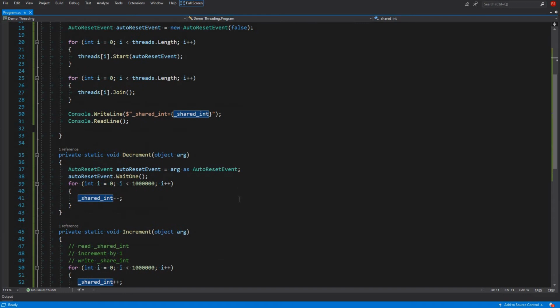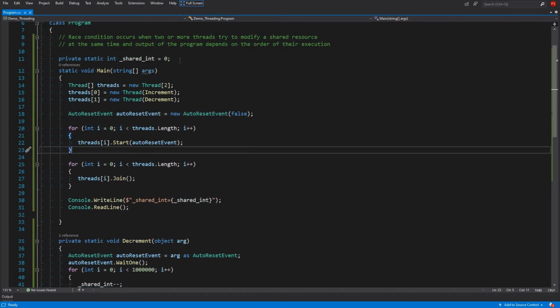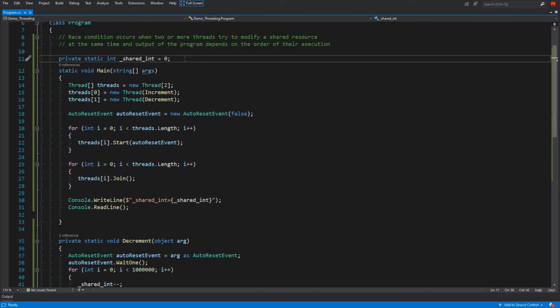That means, to create or use the lock, first we have to create an object. You can lock on any object in .NET. The lock keyword is actually syntactical sugar.